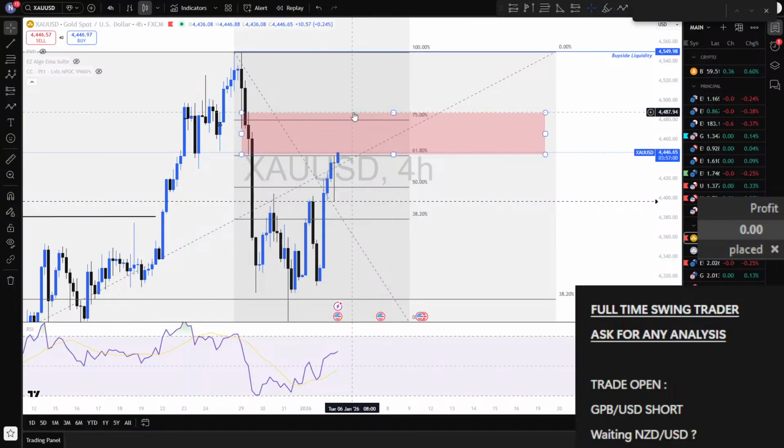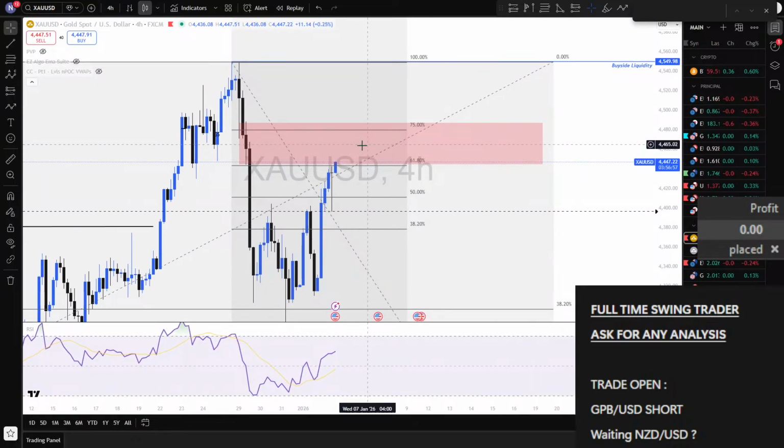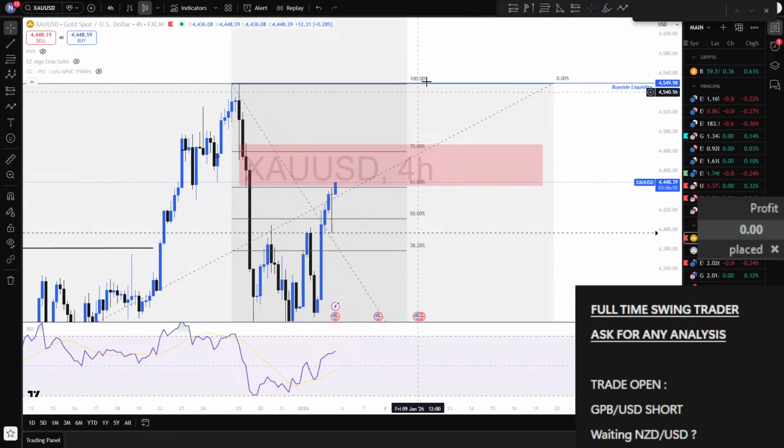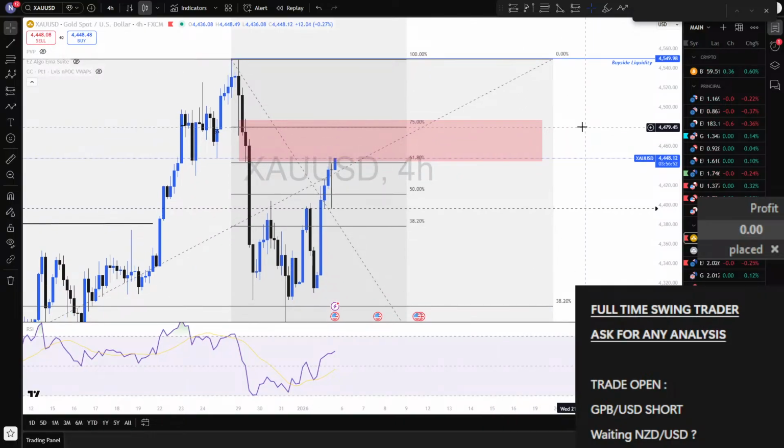Waiting to basically fractal once again during this pullback. We'll see, but maybe it's going to go up, you know. So that's why I'm waiting for a confirmation. I never pre-short.